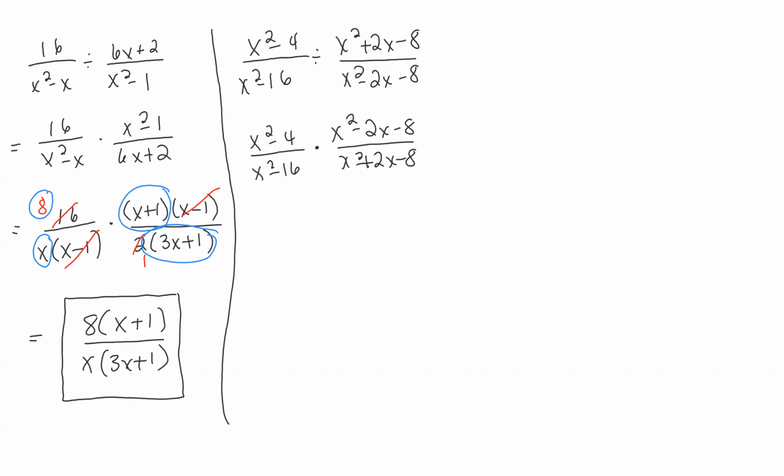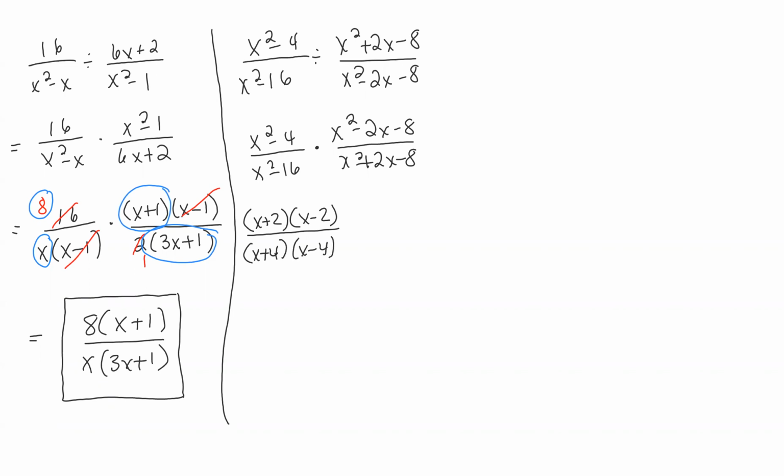Okay, and now I factor. So x squared minus 4 is the difference of squares. Okay, and the difference of squares, what we do is we take the square root of each term, we add them, we subtract them. So the square root of x squared is x, the square root of 4 is 2, so that's going to factor as x plus 2, x minus 2. And then we have the same thing in the first denominator. We have the difference of squares. The square root of x squared is still just x, but the square root of 16 is 4. So here I'm going to get x plus 4,